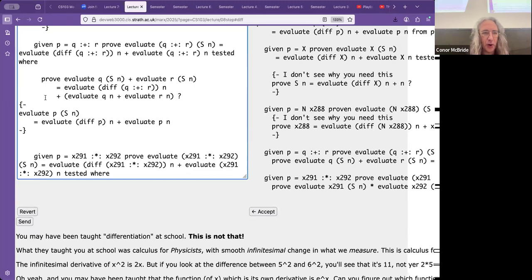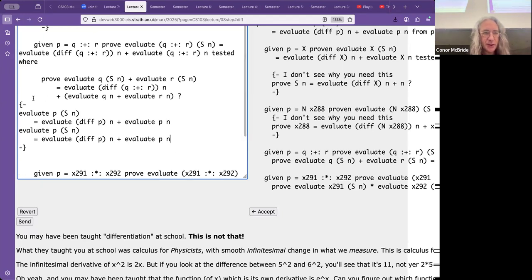That's the syntax for a block comment that says the things you know. So we know this, that we know the result for Q, we know the result for R. We know these things. So the game, as ever,